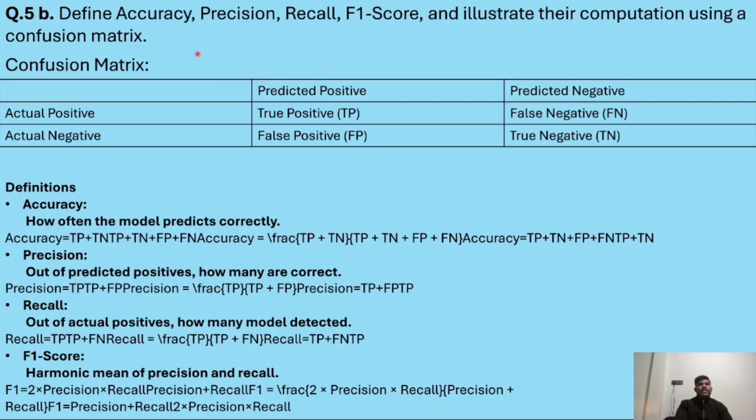Now, question number fifth B. Define accuracy, precision, recall, F1 score, and illustrate their computation using a confusion matrix. So here we have a presentation of a confusion matrix where there are two columns, predicted positive and predicted negative, and two rows, actual positive and actual negative. The first cell is true positive, then false negative, and then false positive and true negative. So for definitions, accuracy is how often the model predicts correctly. So accuracy equals TP plus TN plus